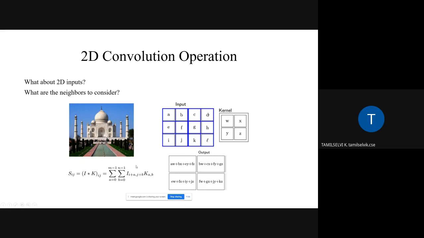So for example, this is given here. If you want to find the weight of a particular thing, you have to move your kernel over that, and the kernel will give you the weight, and you will find the value of that particular point of interest. So in 2D, the takeaway point is that you are going to consider the